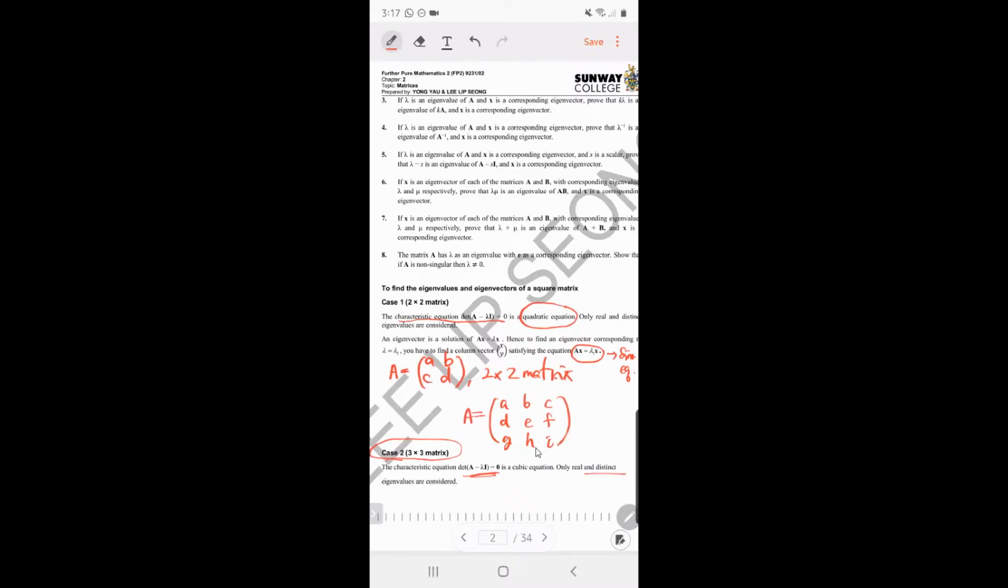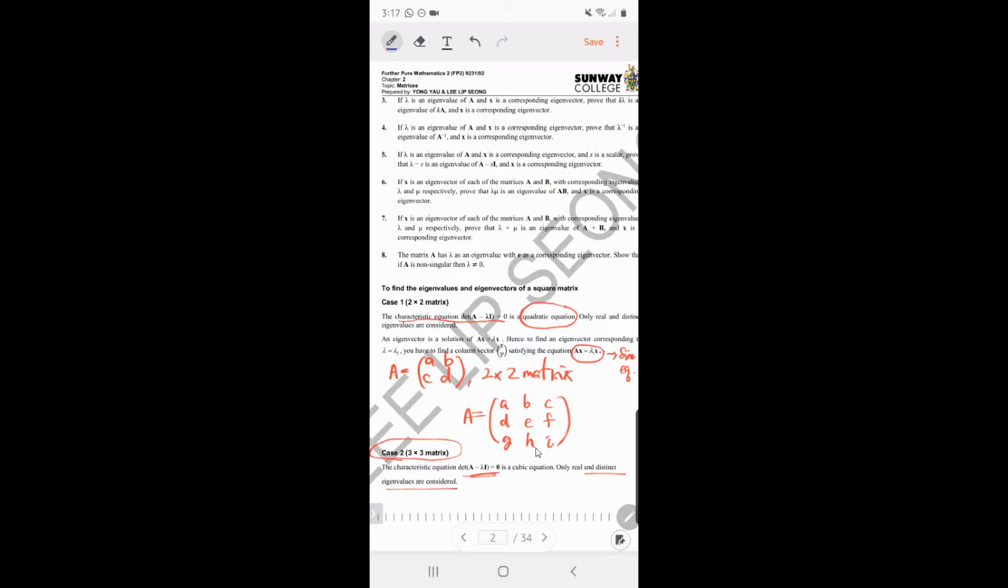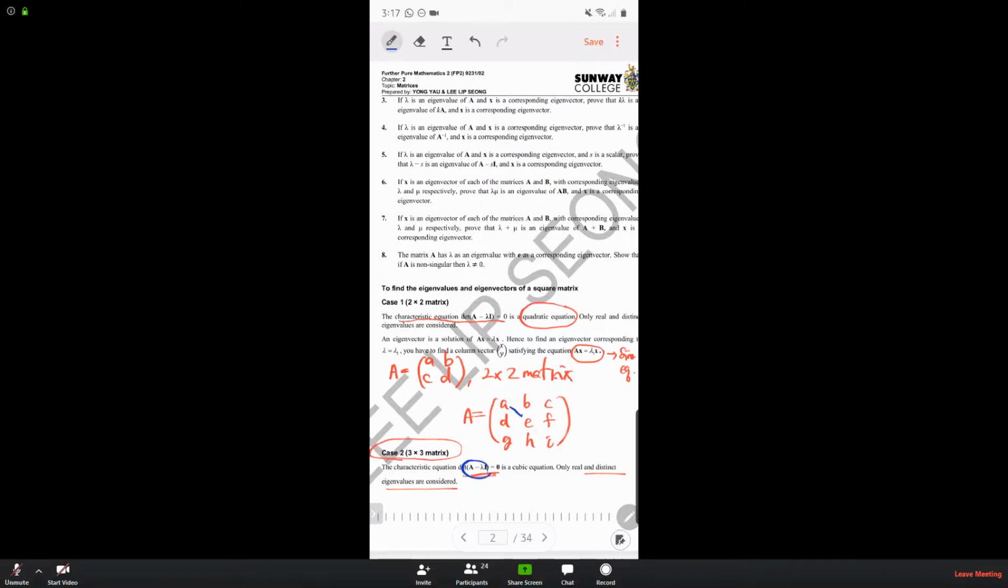All right. Only real and distinct eigenvalues are considered. The process is no different from what we did just now. The only difference is now I added one extra row and I added one extra column. And I told you, when you write down the determinant of A minus lambda I, only the A, E, and I are affected. The rest, you just need to copy. All right. So as an example, let's look at